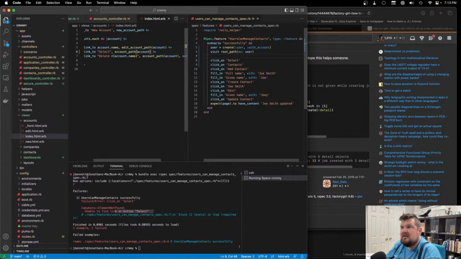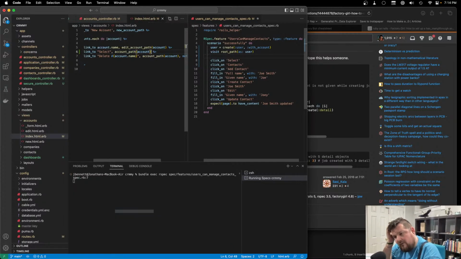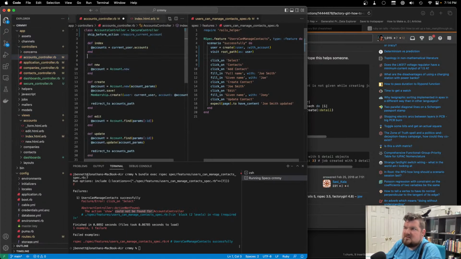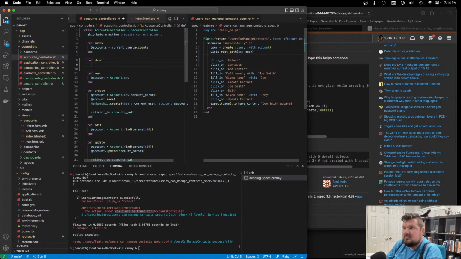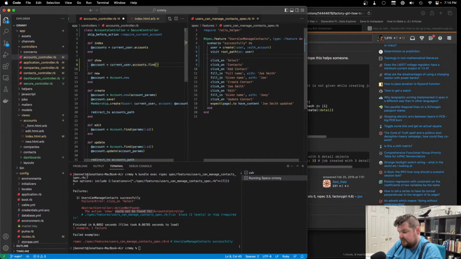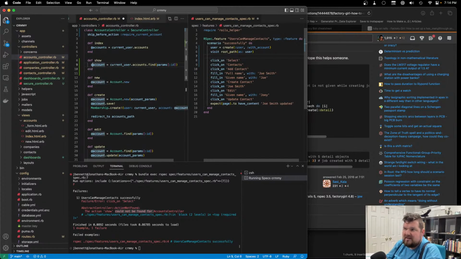And let's not delete it. And it's going to show. So, all right. So account is equal to current user dot accounts dot find params ID. So we want to grab that account,